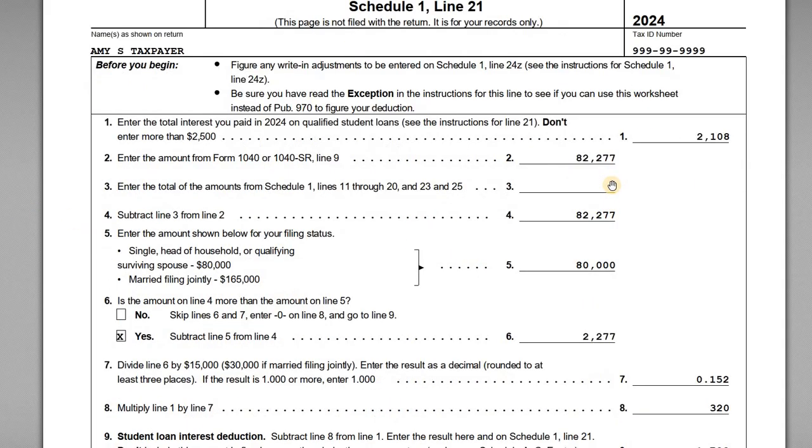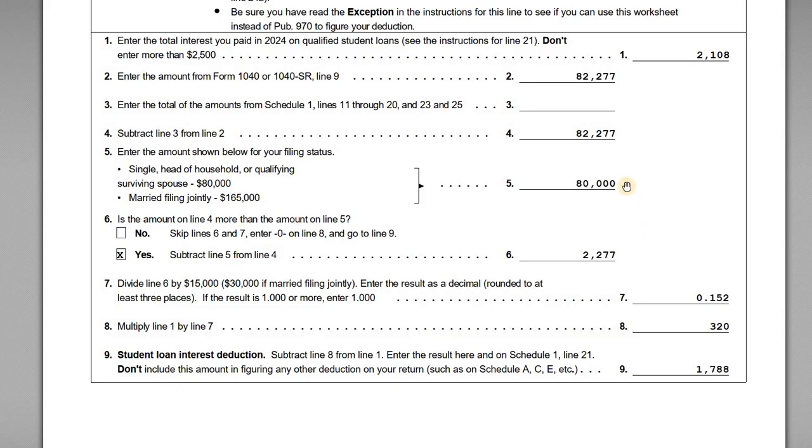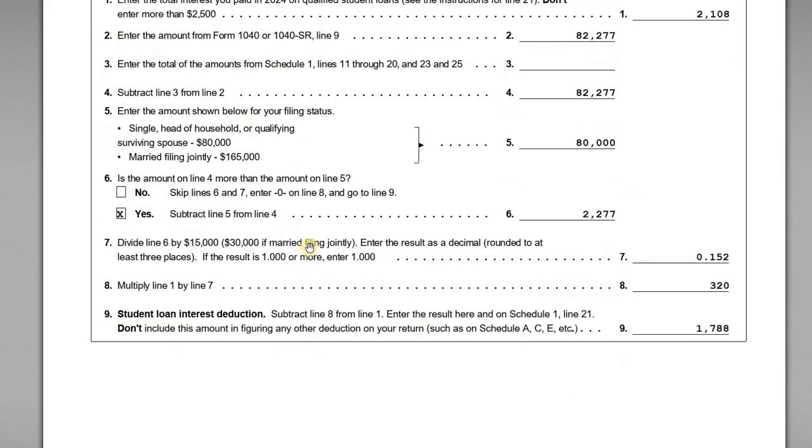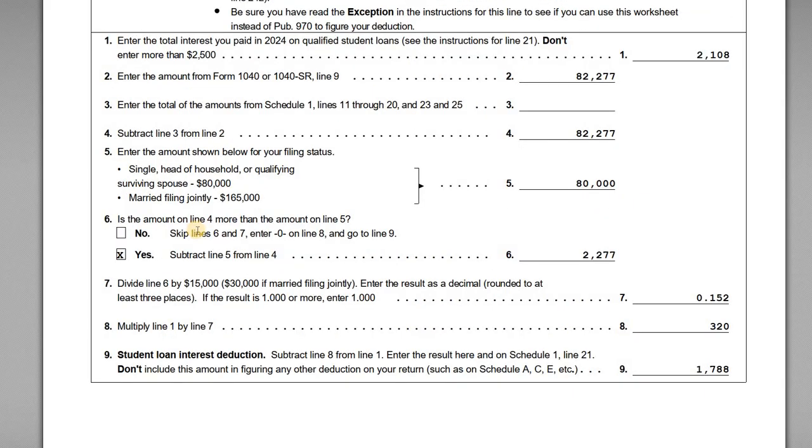All right, so line 3 is blank for us. Subtract line 3 from 2 to get to line 4. And we're left with the same value, $82,277. Now, the filing status here is important because this determines the phase out. So if you're single, head of household, or qualifying surviving spouse, you enter $80,000. That's us. Is the amount on line 4 more than the amount on line 5? And the answer is yes, right? We're over by $2,277. So we subtract line 5 from line 4. We're left with